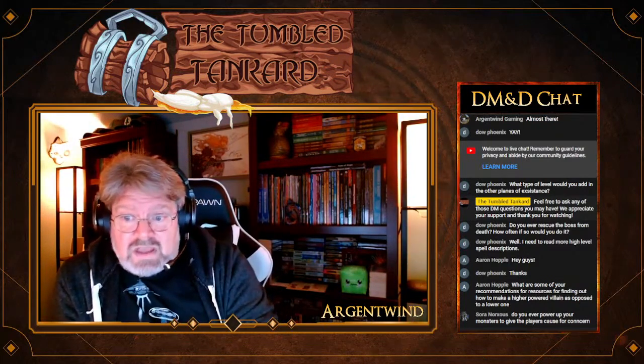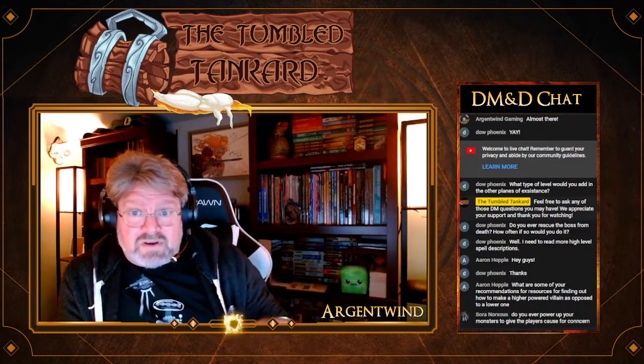And then again, as mentioned before, but this is always super important here, is realizing that a high powered villain has minions. They have other people to deal with besides just them. Because when a party comes in, 6, 7 people, you run into a huge problem of there's just nothing you can do as a single person against a party of people. There's only so much you can pull off. So that's something to keep in mind here.